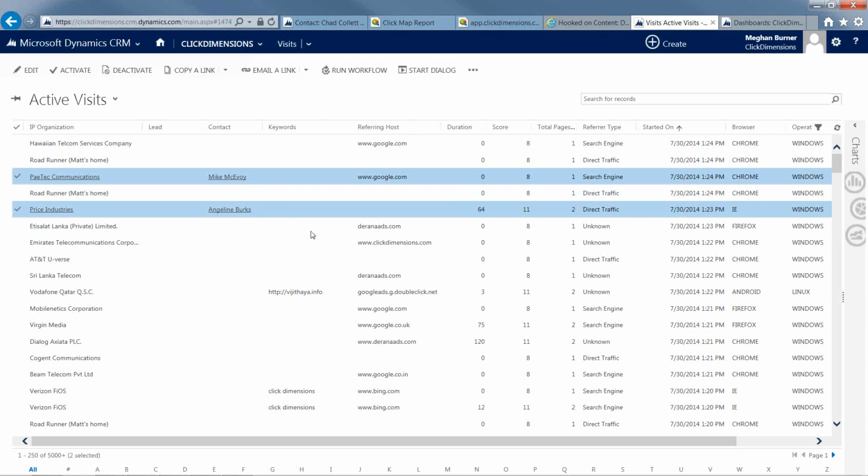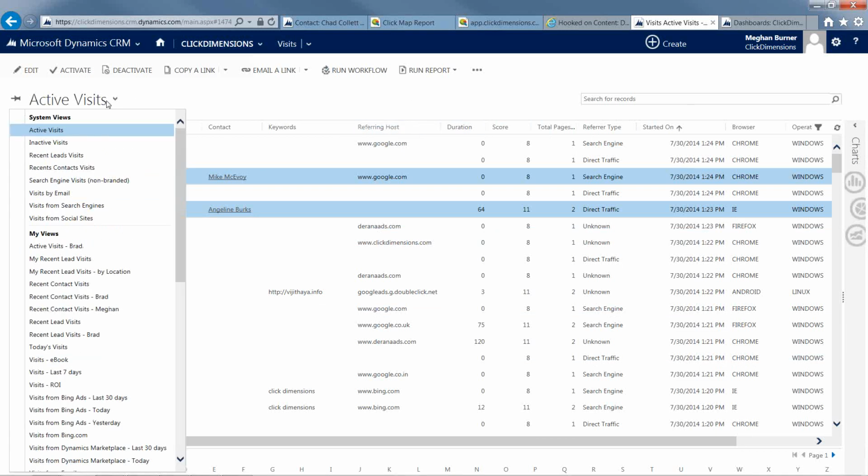Because they've clicked on a link or they've filled out a form in the past. Everybody else is that anonymous visitor that we talked about earlier. Now, a lot of people today are doing online advertising, so things like Facebook ads, LinkedIn ads to drive traffic to your site. I can use Advanced Find to then slice and dice this information in a way that's relevant